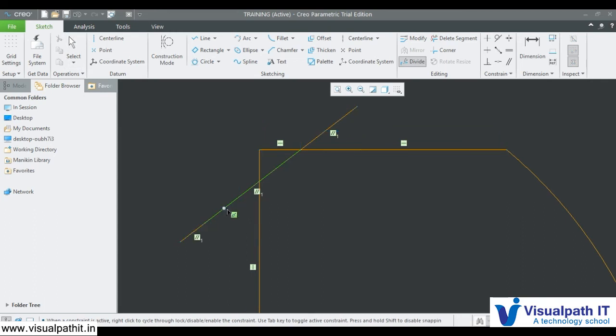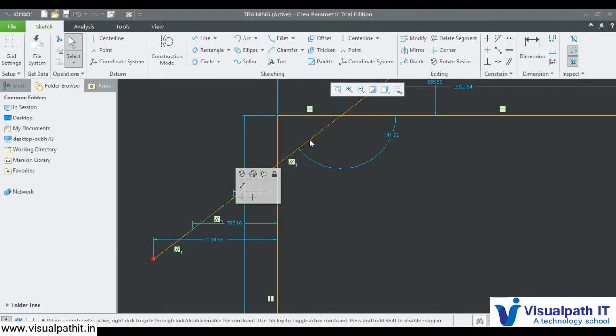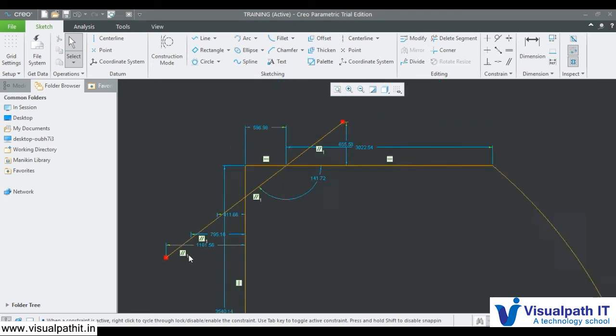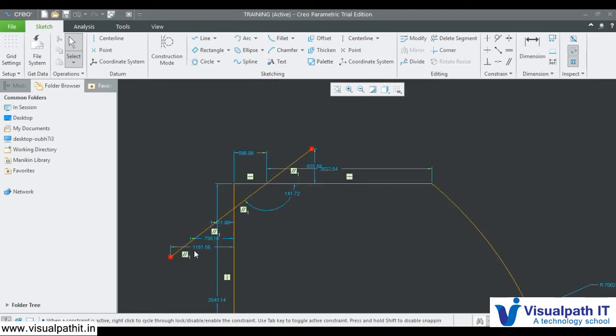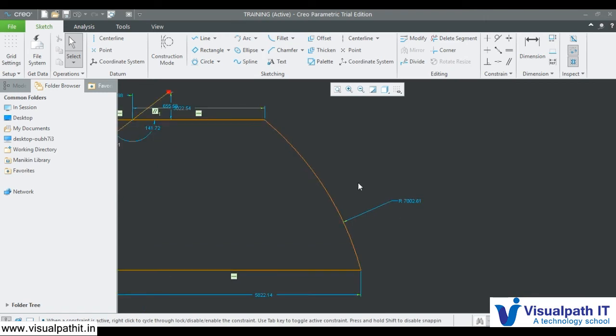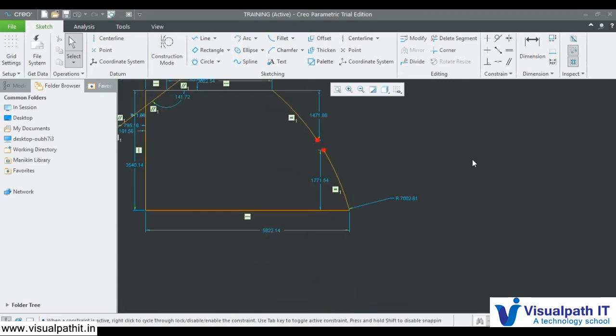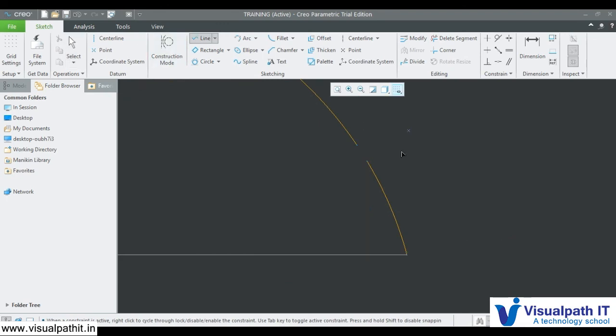Now let's say I want to divide only this part. Now divided. This is a different segment. This whole is a different segment. This is a different segment and this is a different segment. So when you already have a curve and you want to divide a specific part of it. Now let's say I want to have something here, only a small part. I will give it a divide. I deleted it. Now let's say I want to add an extension here.